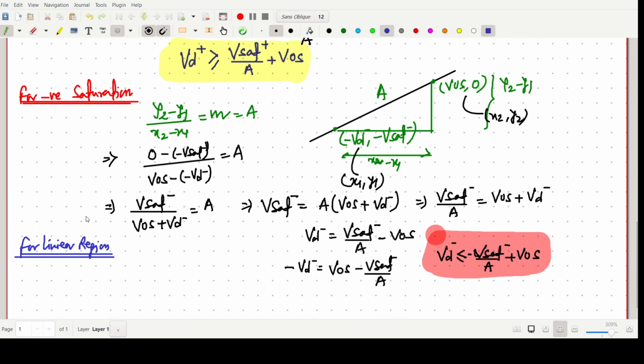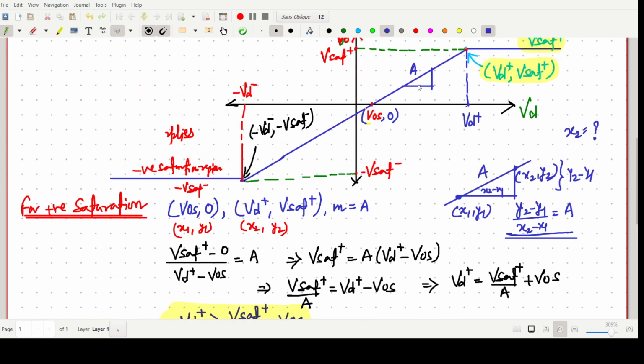For linear region, we have one point, say Vos and 0, and A is the slope. So the equation we can directly write for this one, and the condition for the linear region will be